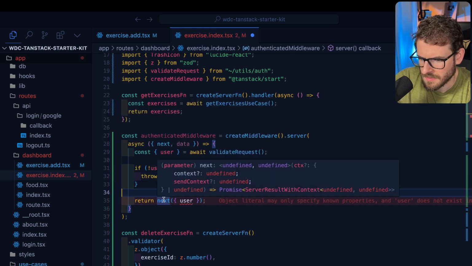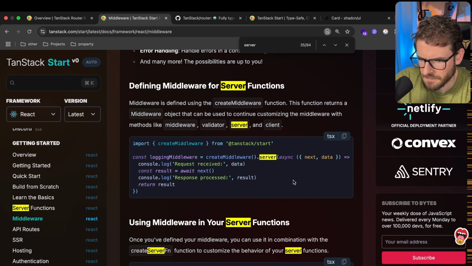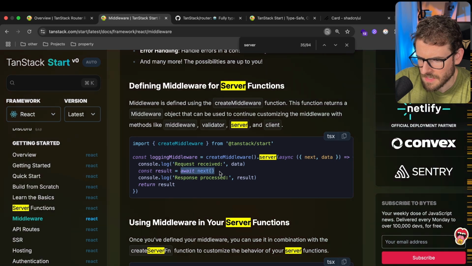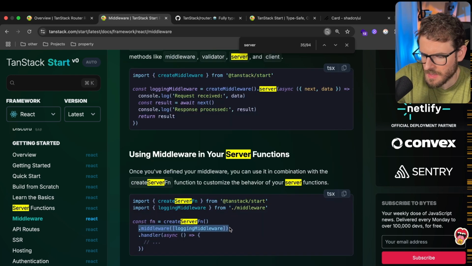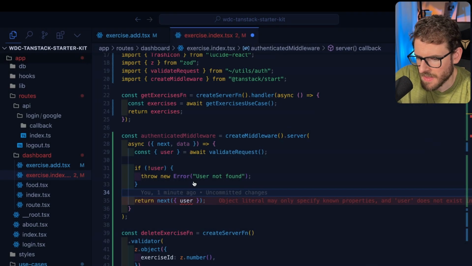Probably like this. How do you type this stuff? Next in data. Request received is data. Wait, next. The response process result. Return the result. Sorry, I'm still trying to wrap my head around this, but I think what I could do